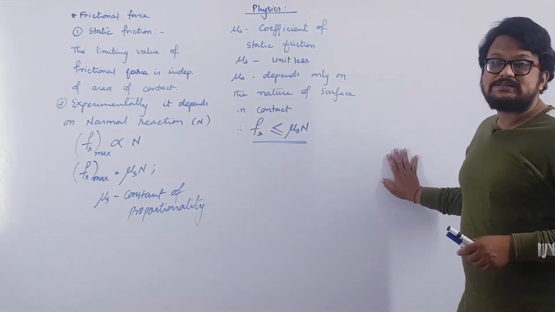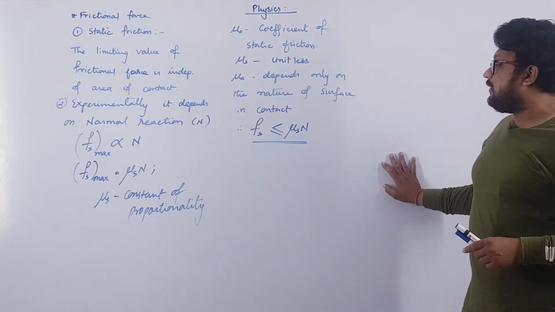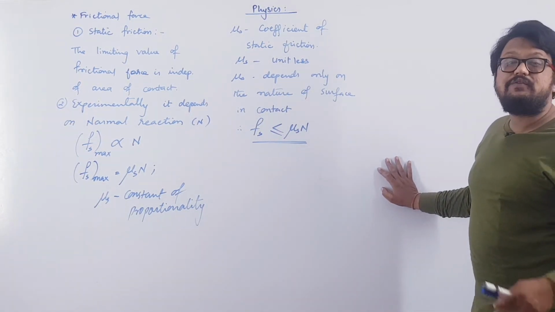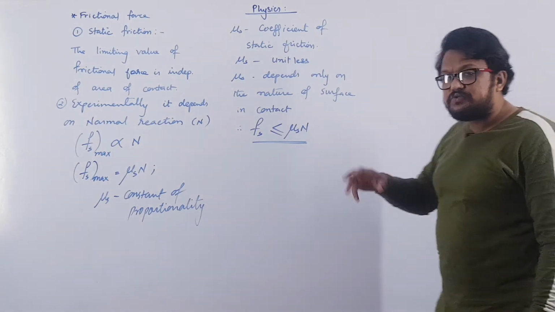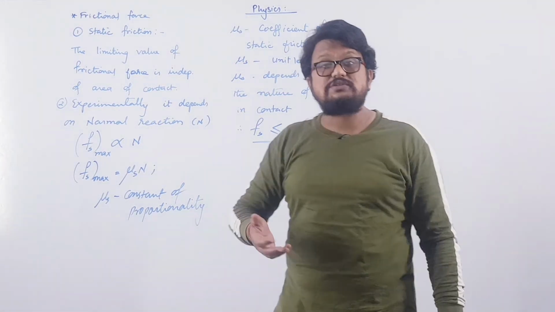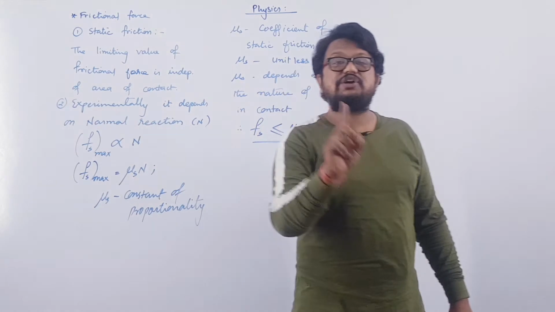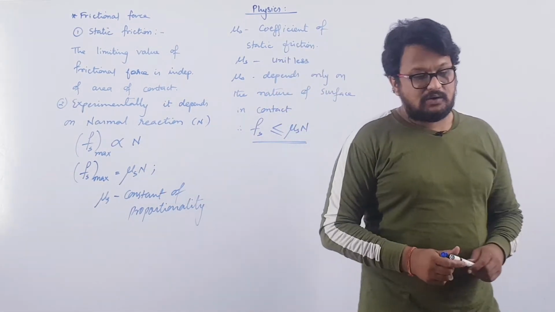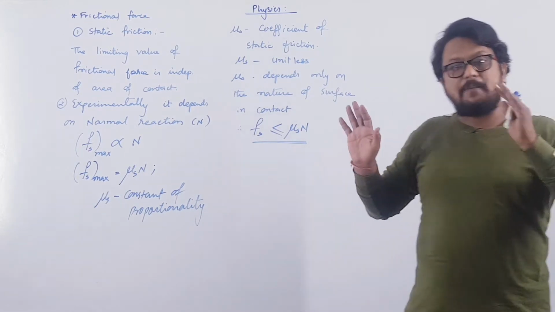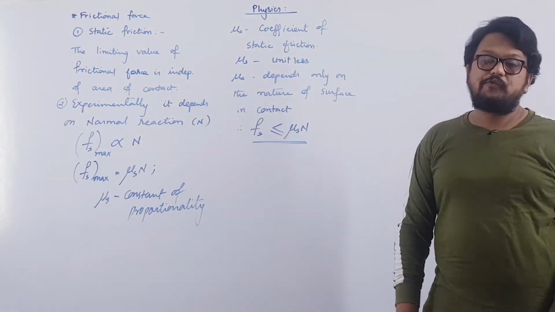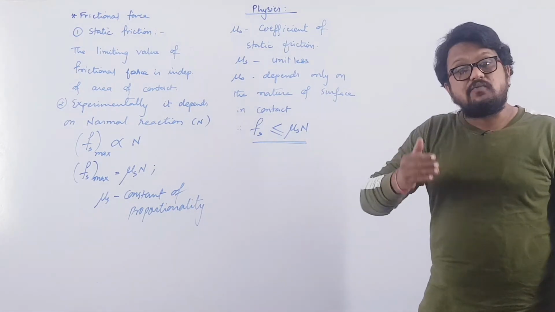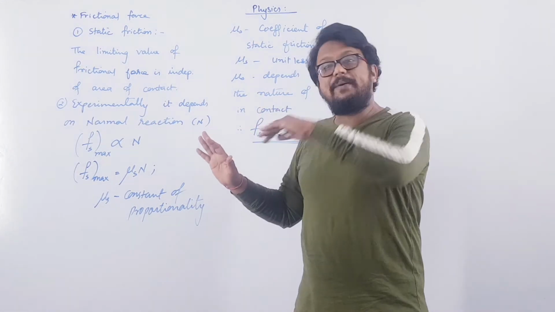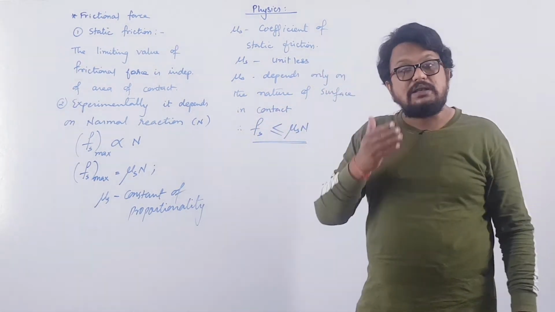Now in this case, you will find that the object will move more easily, even with less force. As soon as the object is in motion, the frictional force acting on it will be less than the maximum value of static friction. Have you experienced that? If a car is at rest and you are applying force, you have to apply more force to move that car. But once the car is in motion, you will apply very little force compared to that, and the car will still be in motion, right?